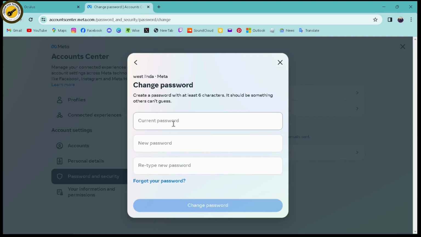Or if you don't remember your password, then you can go for forgot your password, so that you can reset or recover it and you can know your password. So that's it. That's how you check your email and password on